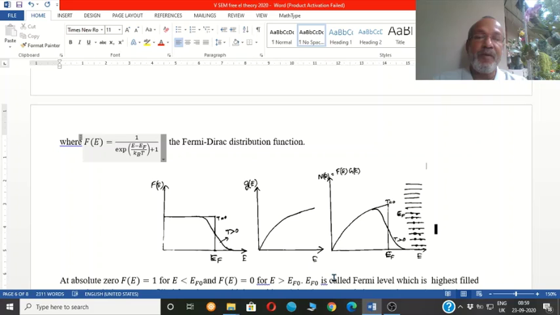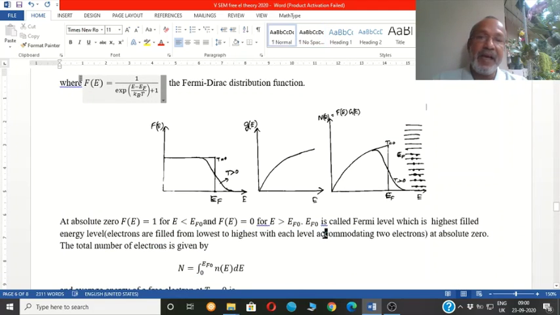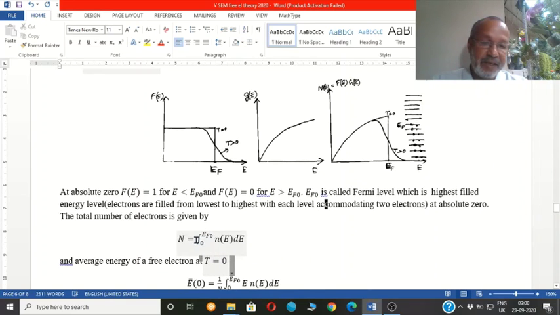So that was the problem, and we will see how this problem is overcome in this quantum mechanical theory, the Sommerfeld theory. For that we have to find the average energy of an electron. To find the average energy, we require the total number of electrons also. Actually, we have to divide the total energy by the total number, then only you will get the average. So the total number will be given by this integral.